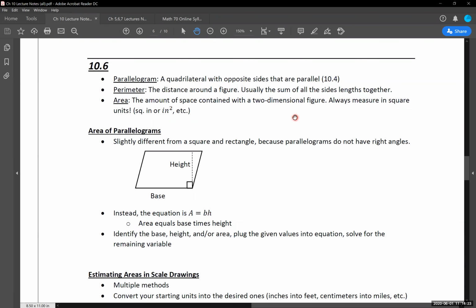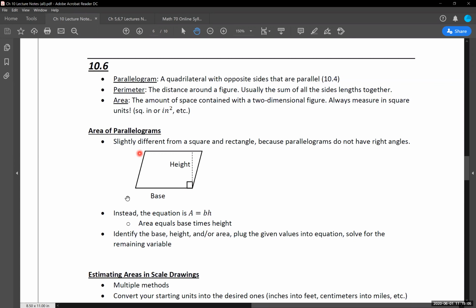So when working with these, again, we commonly have the mix-up, I think, between the perimeter and the area of a shape. And it's a very understandable one because they show up in the problems, a lot of problems next to each other, and some people are taught or get into the habit of thinking that they're interchangeable, when it turns out that they actually are not. So the perimeter of any shape that we're working with, whether it be a parallelogram or something else, is the distance around a figure. And we usually determine this by the sum of all the side lengths being added together.